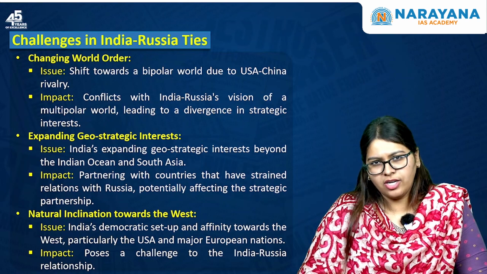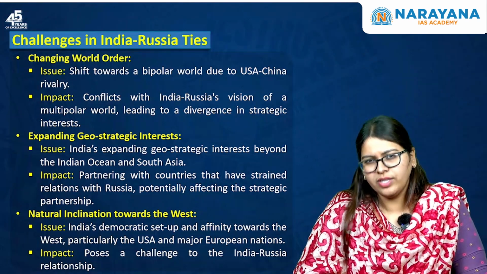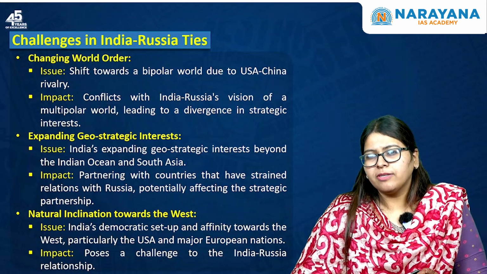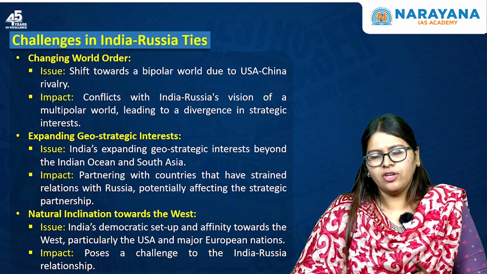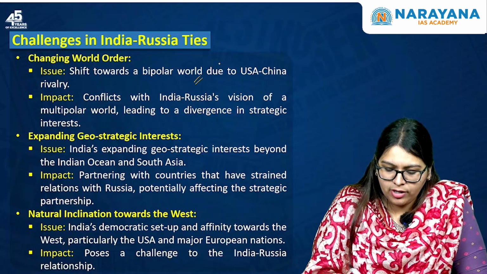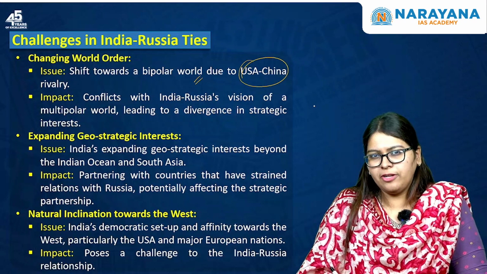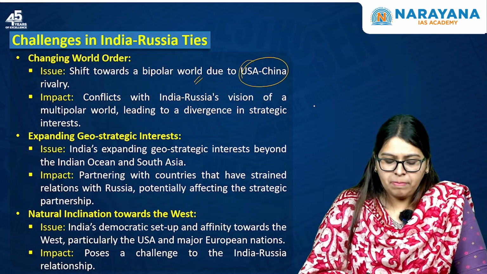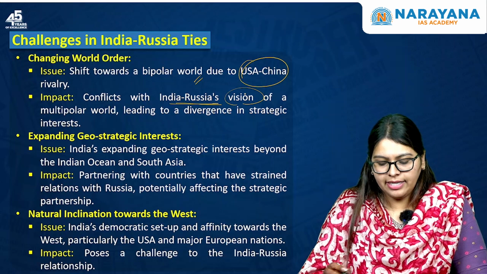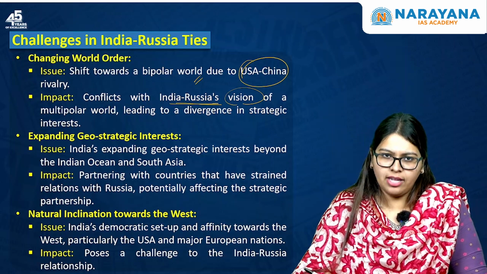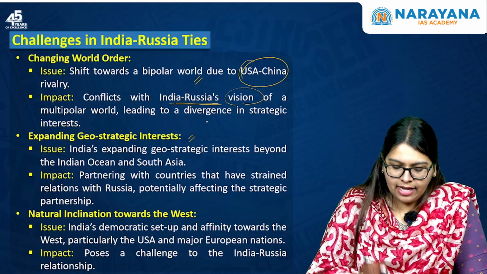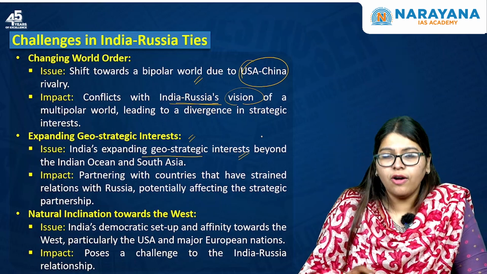Next, there is also a changing world order, between the major powers like US versus Russia. Few countries are sidelining with the US. Since India is also a democratic country, it is sidelining with the principles of the United States as against Russia, where the inclination is towards China. So, there is a shift towards a bipolar world due to the US-China rivalry. And also, the impact is that it conflicts with India and Russia's vision of a multipolar world, leading to a divergence in the strategic interest. The next one, expanding geostrategic interest, is that India is expanding its interest beyond the Indian Ocean region